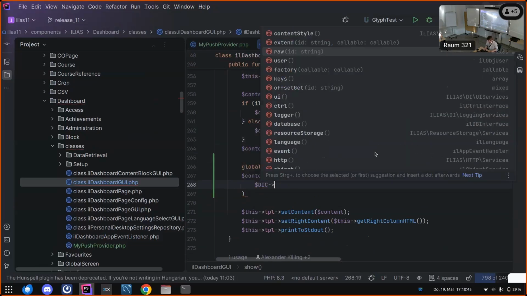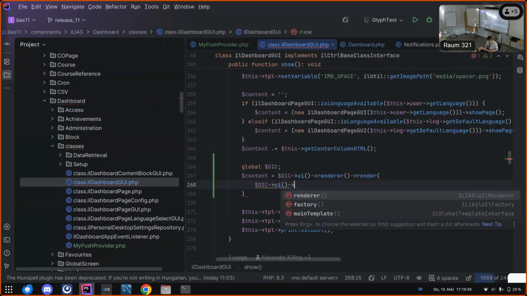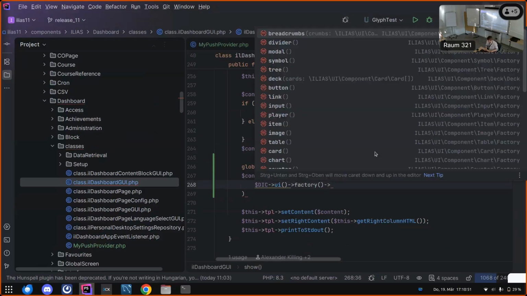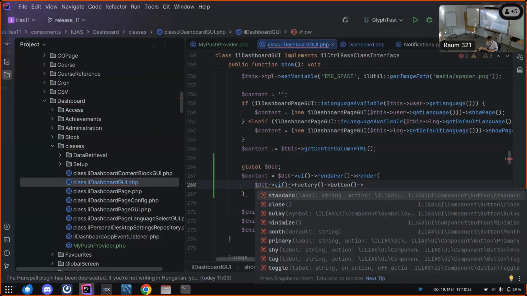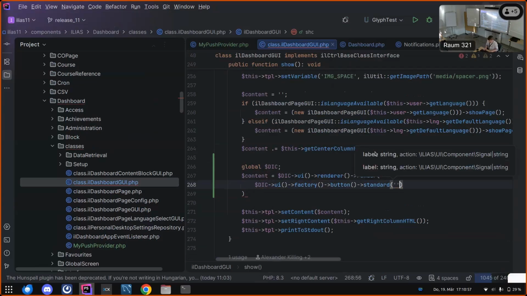So we can have a practical solution for this presentation. So I'll go for a factory here, get a button, standard button. This says notify me, and